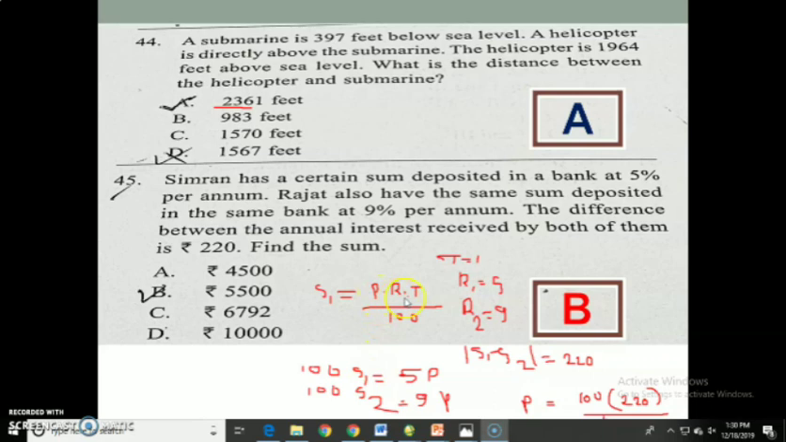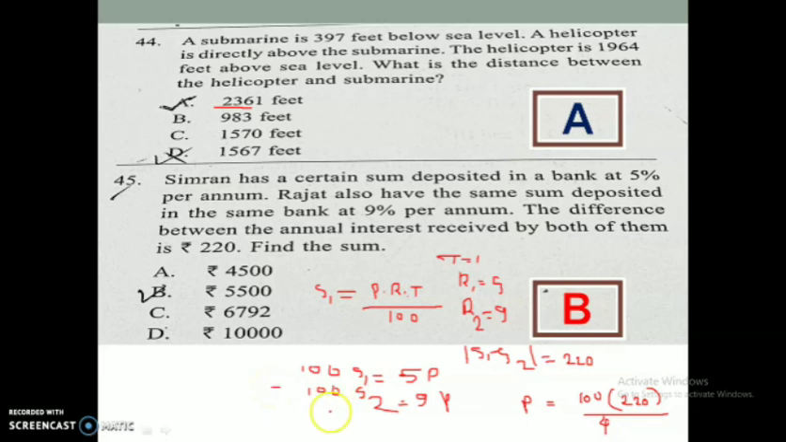You are given the simple interest S1 and S2 for these two interests. We are getting the two equations. 100 into S1 equal to 5p, 100 S2 equal to 9p. So subtract these two. S1 minus S2 is given as 220, and 9p minus 5p equal to 4p. So 100 into 220 divided by 4, it gives you the principal amount as 5500, as the correct answer is